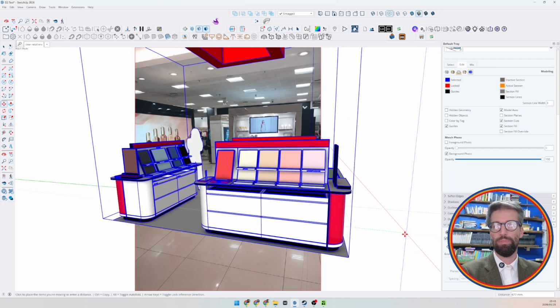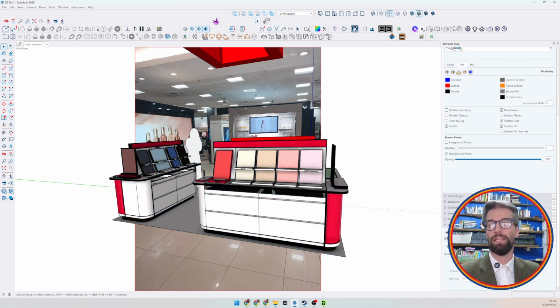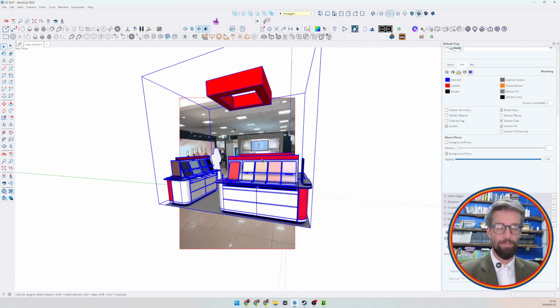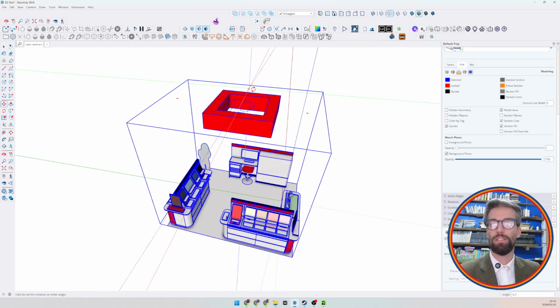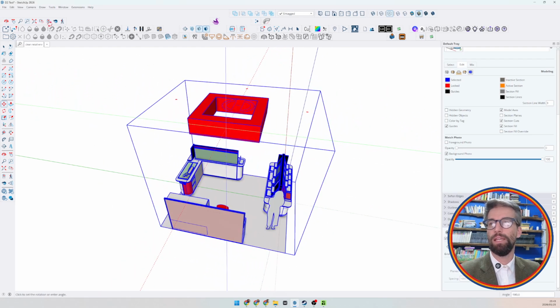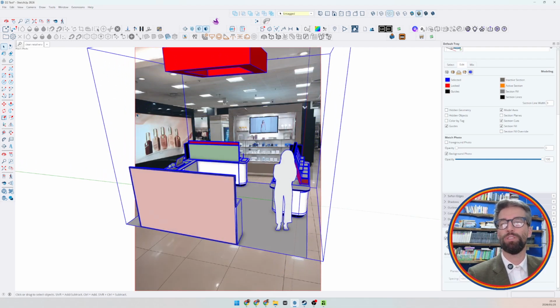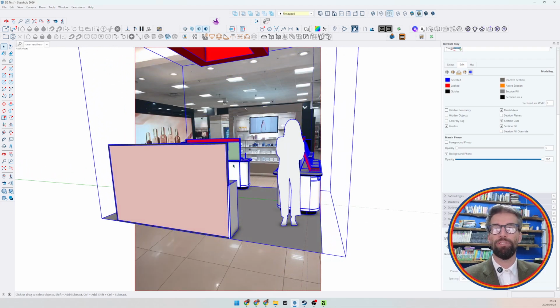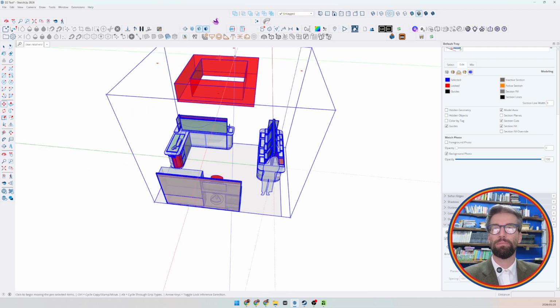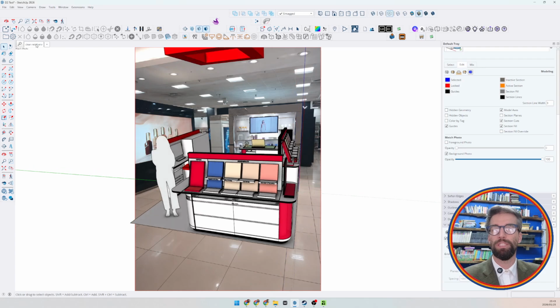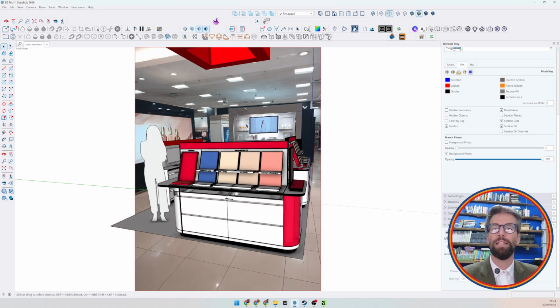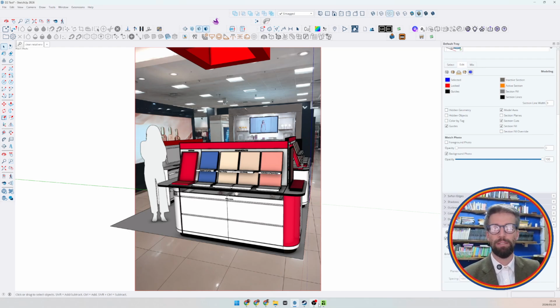And that gives us a pretty realistic view of what this would look like in this space. Now, if we simply use the move command and rotate the object, so let's rotate it 180 degrees, and then we go back to our matched photo scene. Now you can see the different orientation of the space. And let's do this one last time by bringing it 90 degrees towards us, and then we position it again. So you can see I can create 3 different perspectives, 3 different angles by rotating the space around, which means